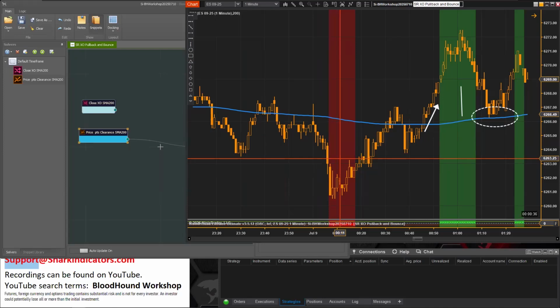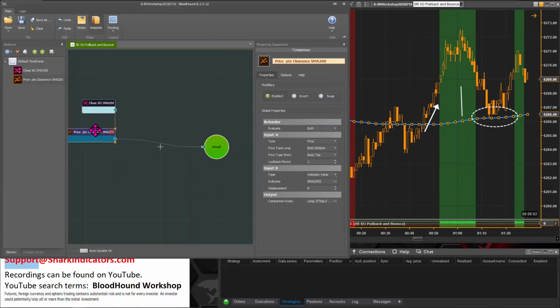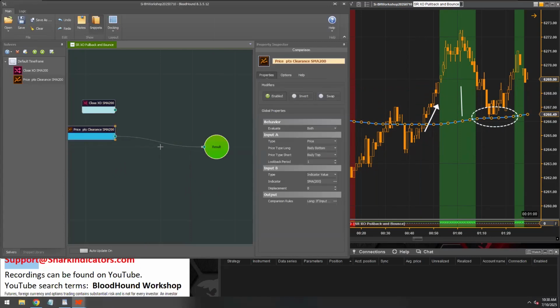All right. And actually, there we go. So we have our output. We can see whenever price makes that clearance. We're going to get a long output whenever the body bottom is more than 3 points away from our SMA, or if the body top is below our SMA. And there we go. So that's condition number 2. And let's go back to